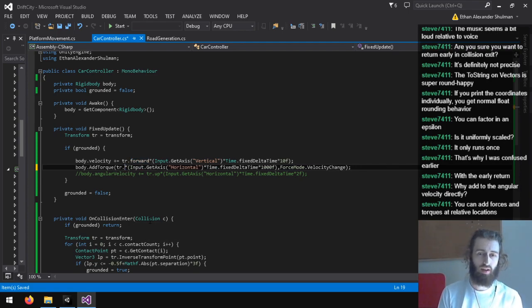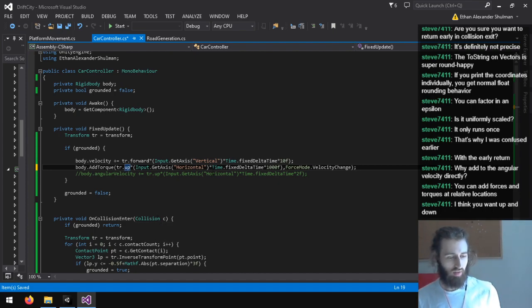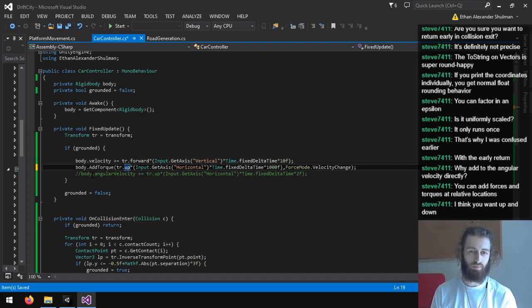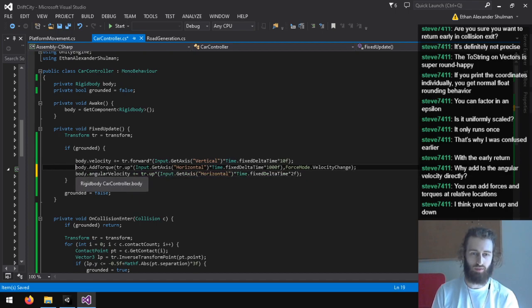Yeah, so I get... Okay, this is really weird. I think you want up and down. Yeah, I do, but that's the thing, torque should be different than the angular velocity axis. I did not think it was the same as the angular velocity axis, because then this basically means this is nearly identical to adding to the angular velocity.